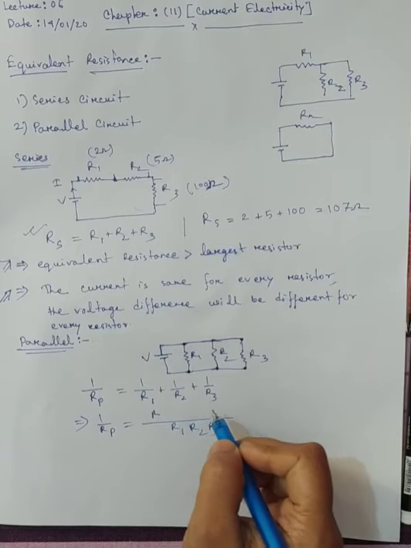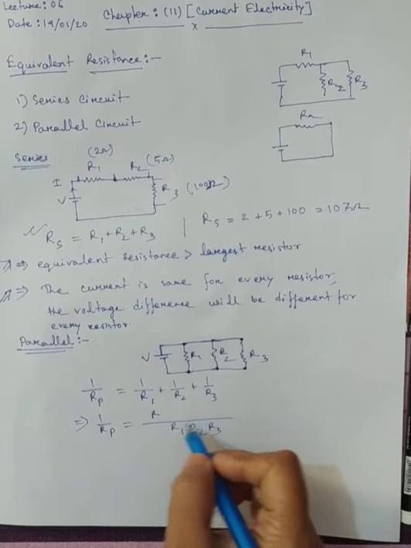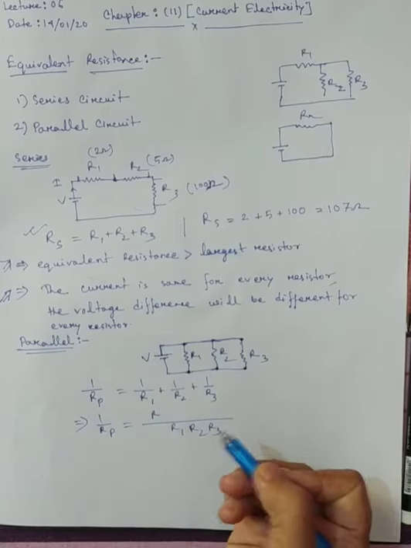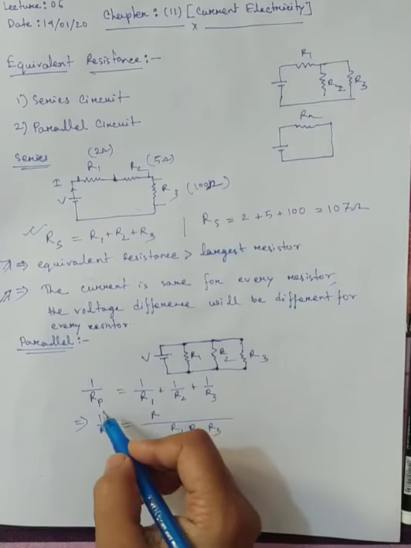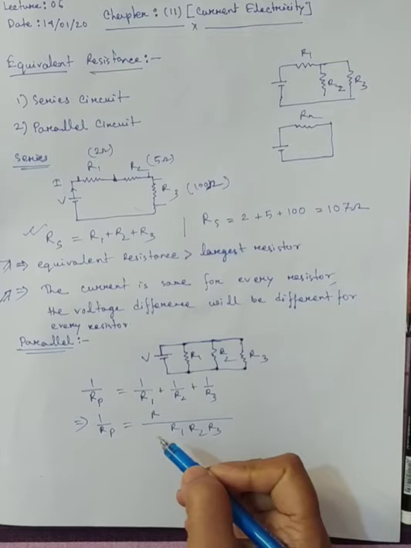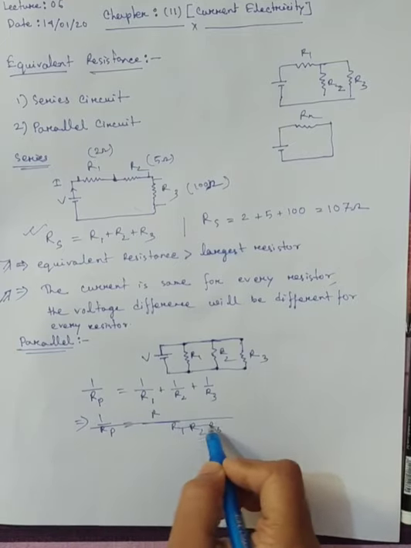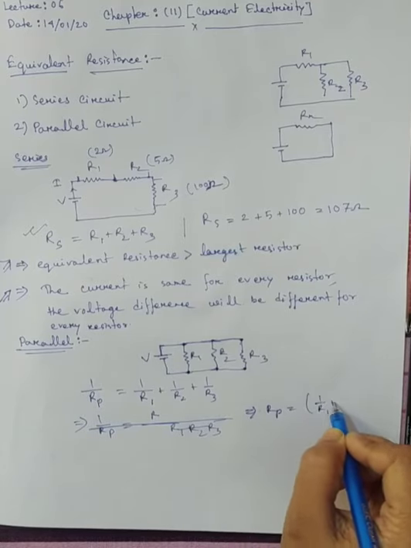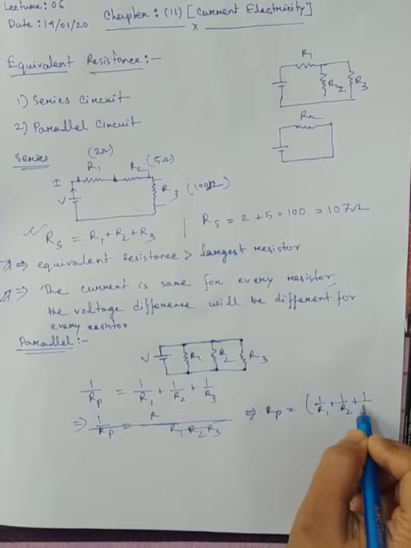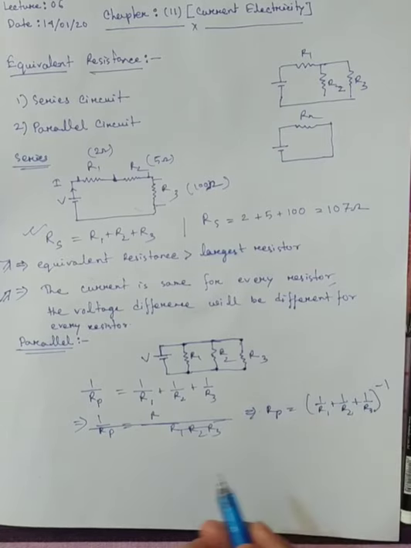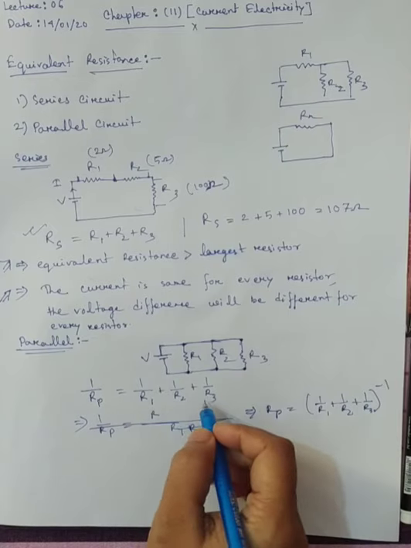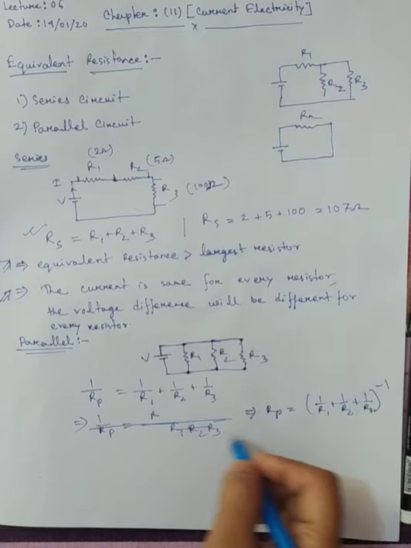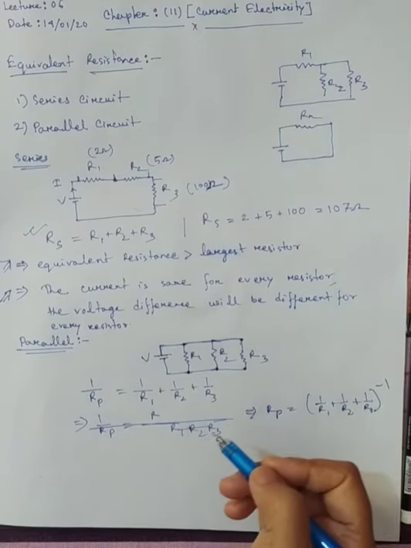ultimately for parallel combination, our ultimate target is to determine the Rp or equivalent resistance for parallel combination. So simply we can write it in a form like that: Rp equals 1 by R1 plus 1 by R2 plus 1 by R3, inverse. That means after combining all resistors, if we take the reciprocal of this term, then we will get the equivalent parallel